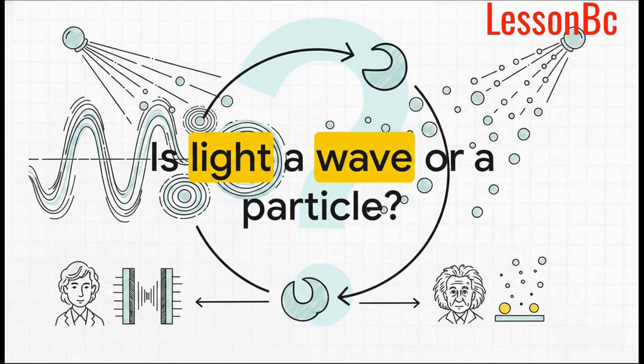So back in 1801, a scientist named Thomas Young proved that light was a wave, demonstrating all sorts of wave-like behavior. But then, Albert Einstein comes along and shows that light is made of particles. So which is it? Is light a continuous wave, or is it a stream of distinct particles? Well, spoiler alert for the rest of this explainer, it turns out they were both right.